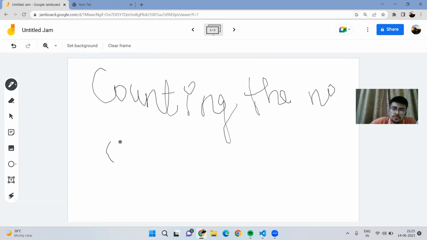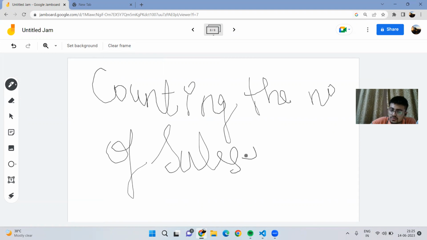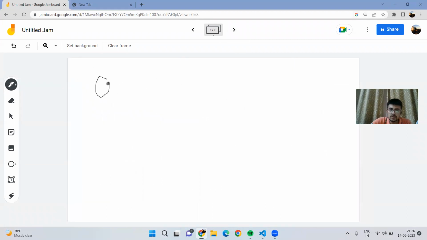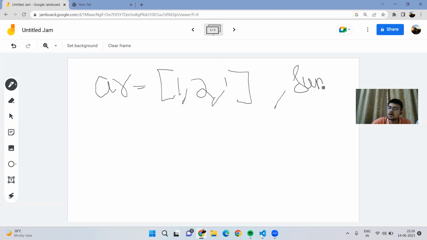the number of subsequences. That is counting the number of subsequences. So now we will be counting the number of subsequences which are possible from the elements of a given vector whose sum is equivalent to k. We have got a vector which is the same that we have been using up till now. This vector is 1, 2, and 1,